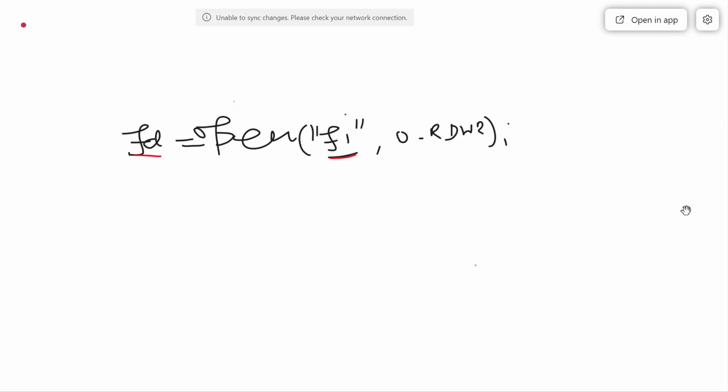Now what I have done is that the next statement I have written is dup2. In the case of dup2, the first argument is FD and the second argument is 1. I have not retrieved anything, this is just what I have written.